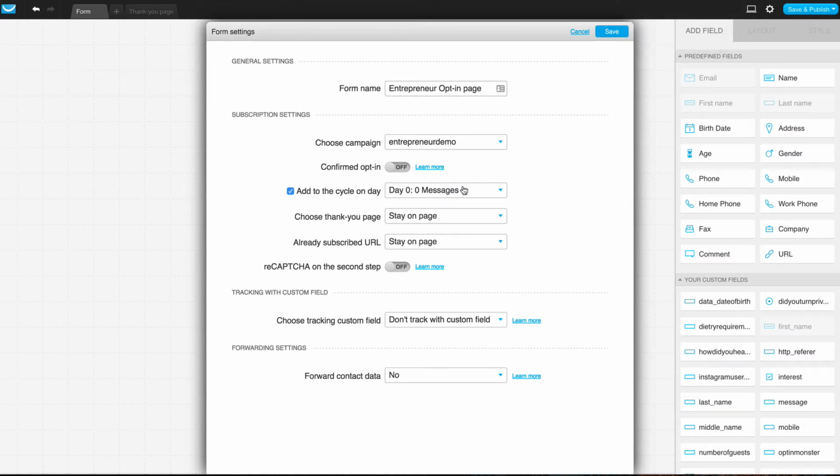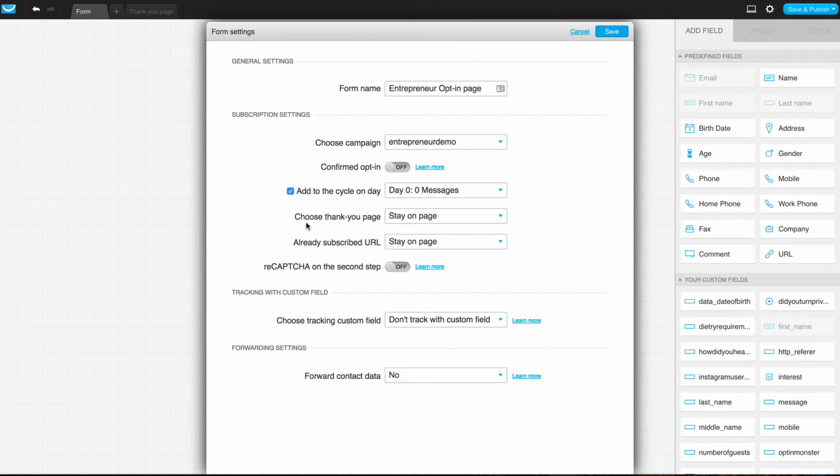Now, what this will do is send out the first message in your autoresponder sequence. But in this case, there's no messages, but you would always have that checked so that any new subscribers will start from day 0, and then whatever other messages you have in your series or in your sequence, they'll go